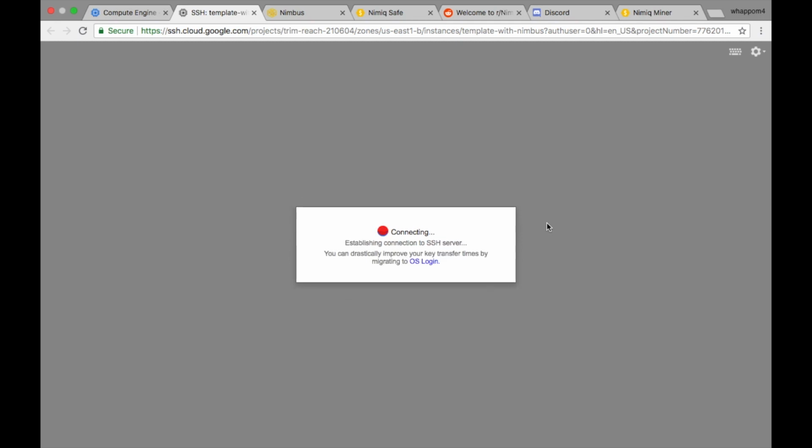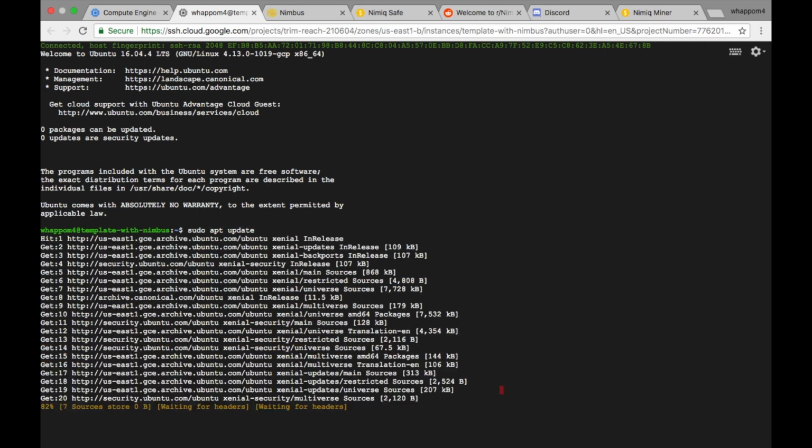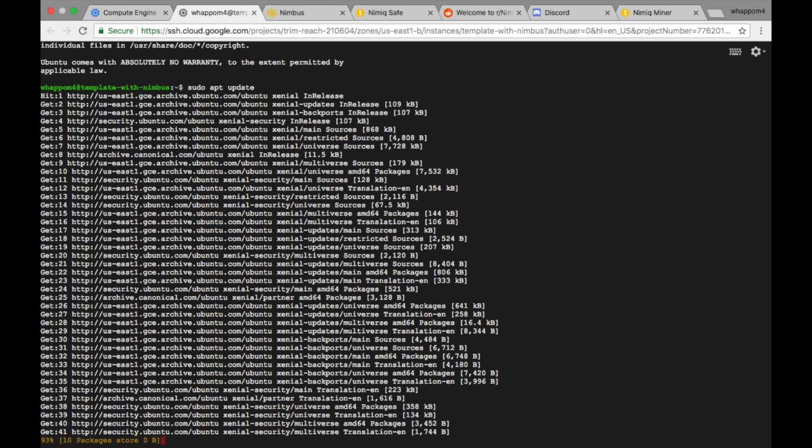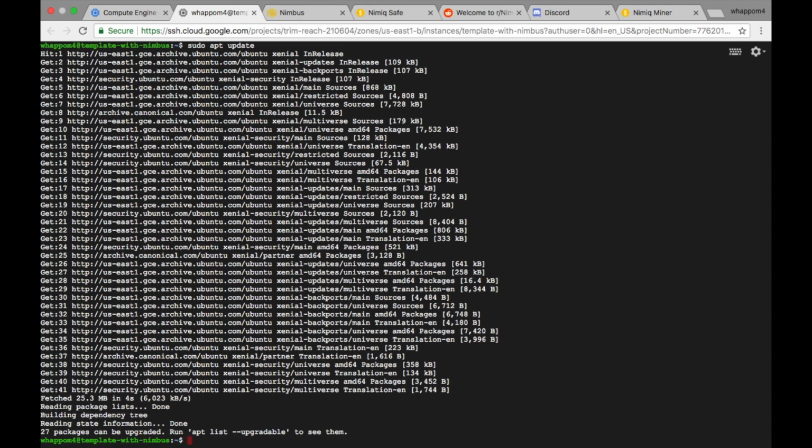So we're just connecting to our server. It's very convenient. You just click a button and it SSHs through your browser into it. First thing I like to do, let's just do a sudo apt update. Okay, so I honestly don't think I have to do this because with the script I'm going to use, you know, it'll make sure that's all good. But anyway, I like to do